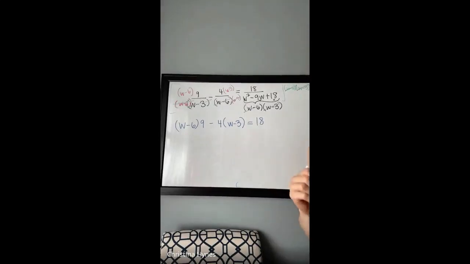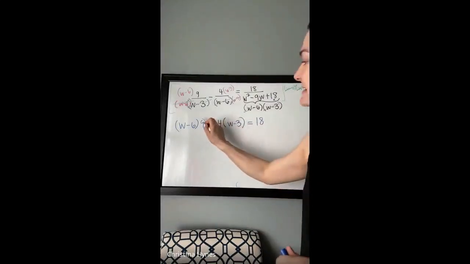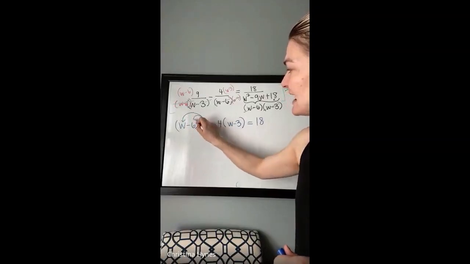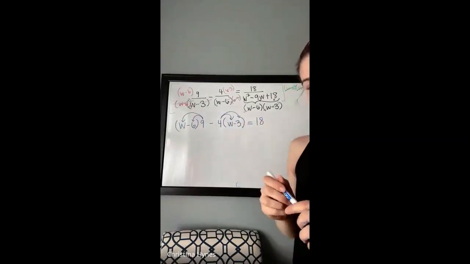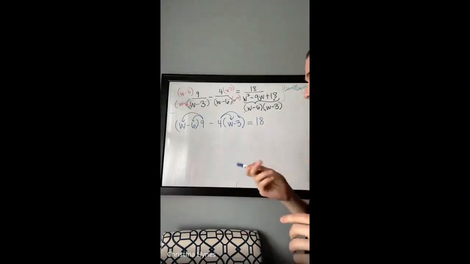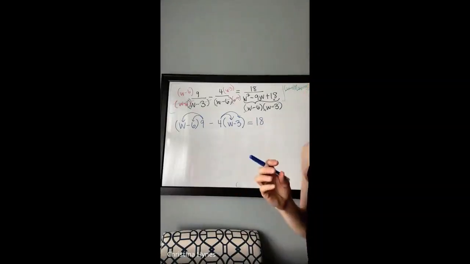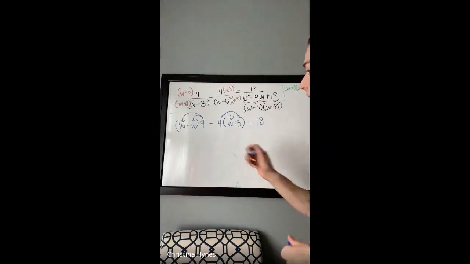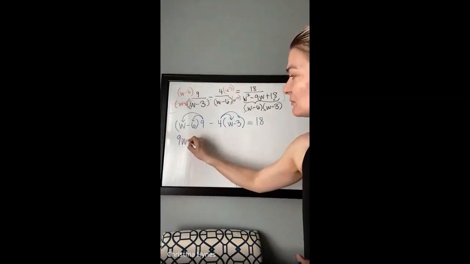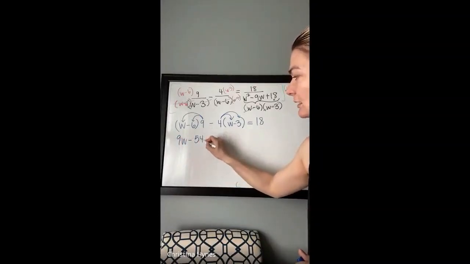So pretty much once you get that common denominator, cross off the denominators. They're gone. You don't have to work with them anymore. Now you're going to distribute any values into the brackets. If you have two brackets, you're going to have to do FOIL. Here, you just have to distribute because your goal is to get rid of the brackets and then simplify your variables. So you're going to have 9w minus 54